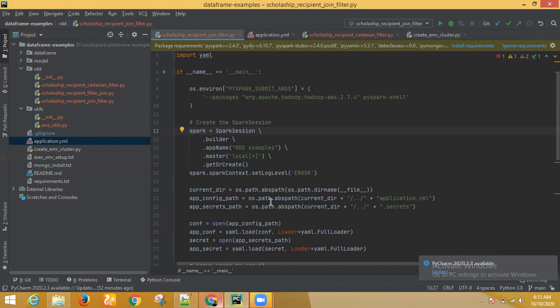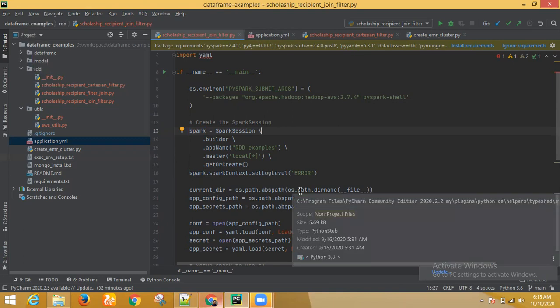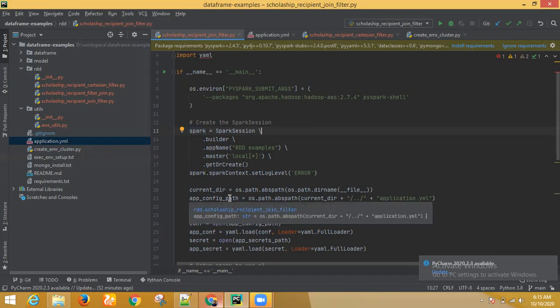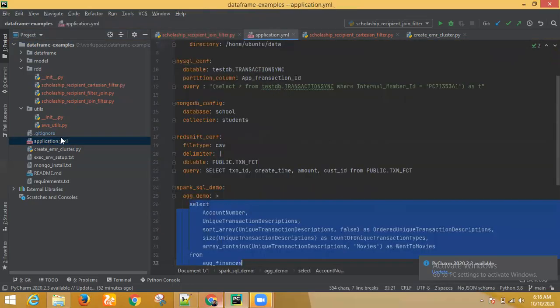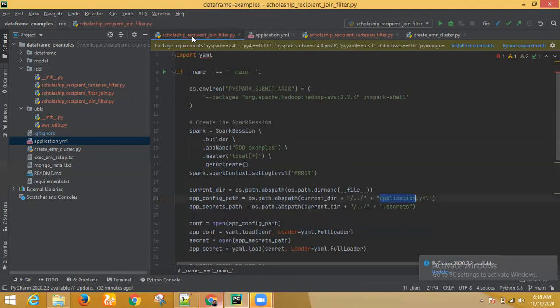Then we are basically trying to read those configurations. You can see my application conf file is sitting in the root directory. Data frame examples is the root directory, and inside that you have the application YAML file. Whereas my file, scholarship recipient filter.py, is sitting inside this RDD folder.